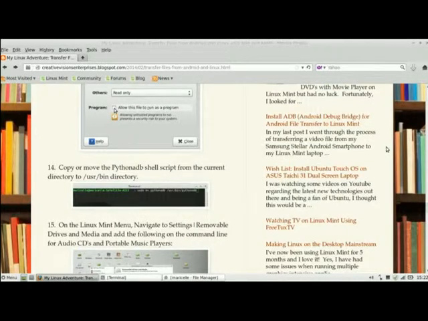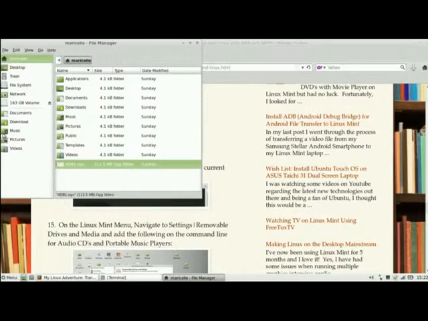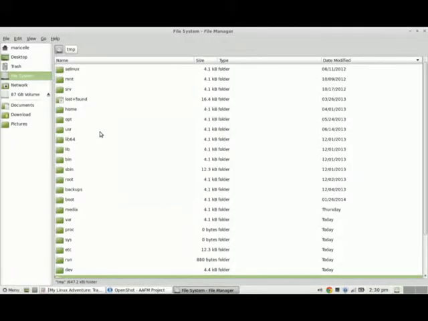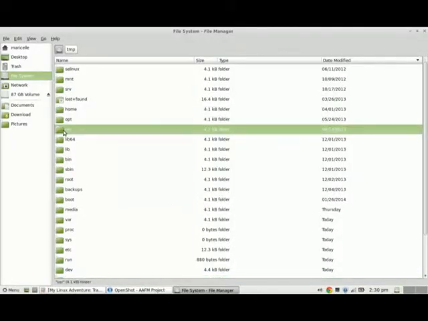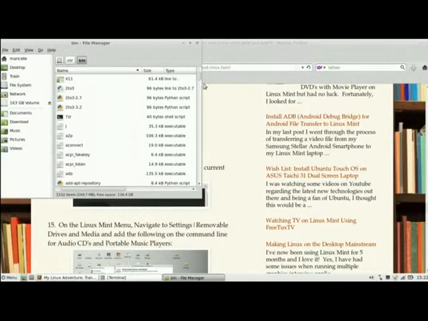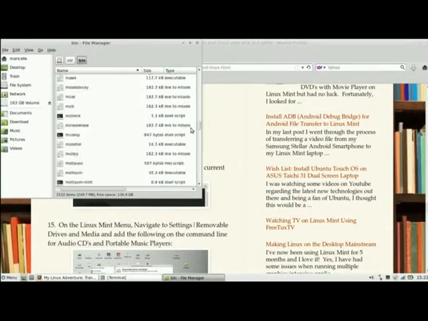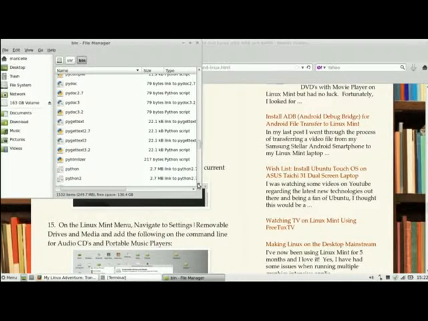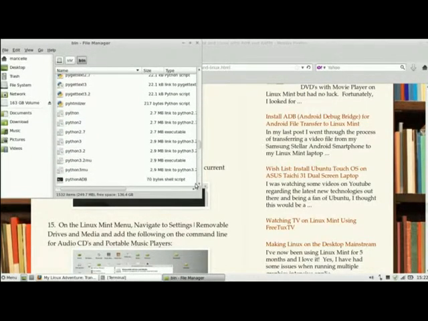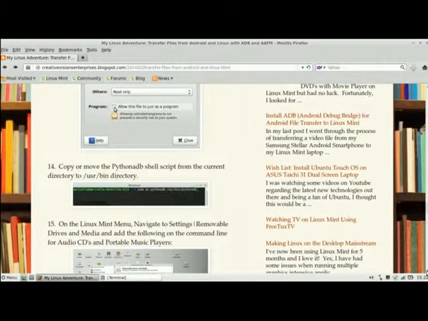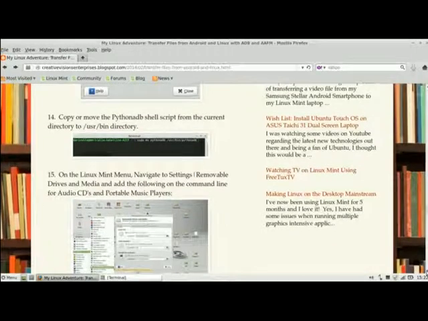Now we can go to Nautilus once again and go to the file system, go to usr, bin, and if we scroll down to the P's, here it is. So we know it's in the right directory, and the last step we're going to do